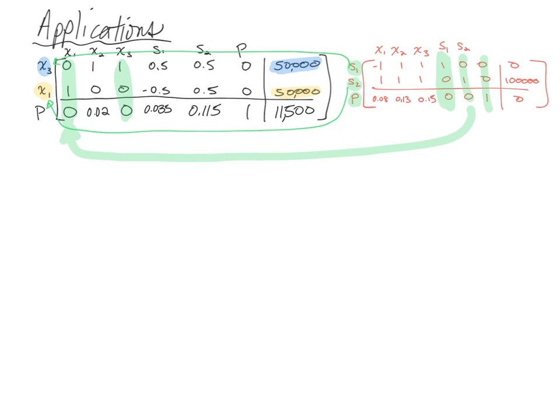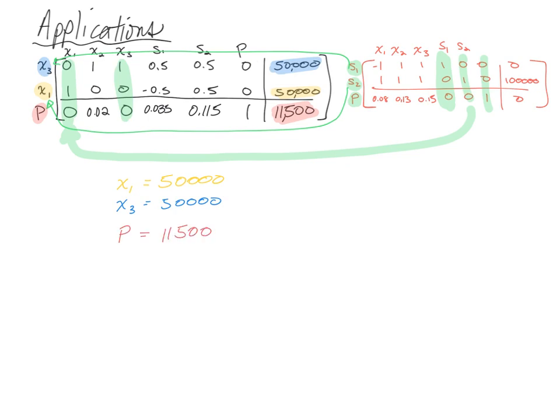And finally, p will be $11,500. So let me just write that out here. X sub 1 equals $50,000. X sub 3 equals $50,000. And p is